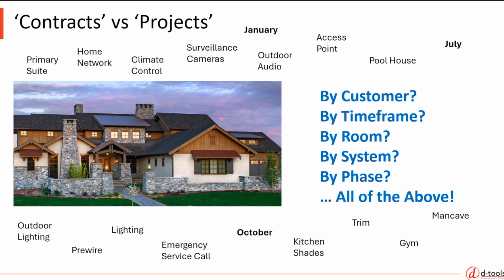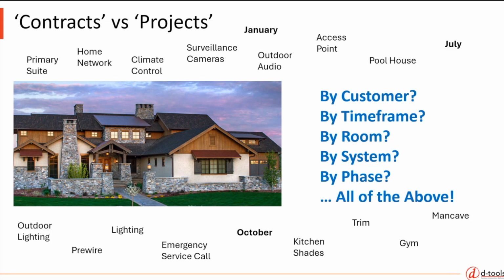Before we go forth, I do have to do this, and I know anybody who's been on a previous webinar has already sat through this slide, but I'll make it quick. I just want to clarify what we are talking about when we talk about contracts versus projects. D-Tools tracks the contracts, the proposals and the signed contracts that dealers are getting from their customers. It is interesting to see that there is, I will say, a minority for sure, but I would guess between 10 and 20% of the dealers' projects, it seems like there are multiple contracts per project. So why does that happen?